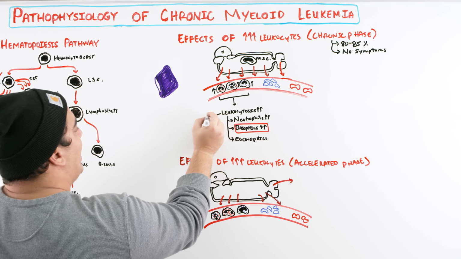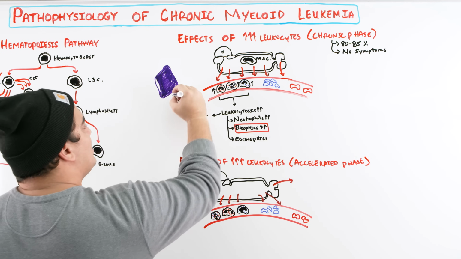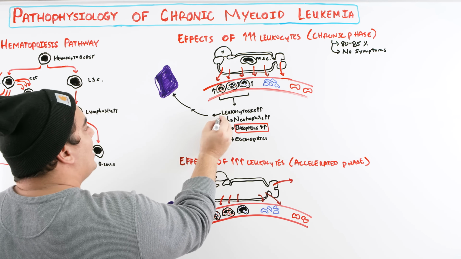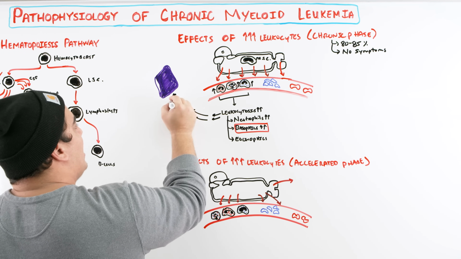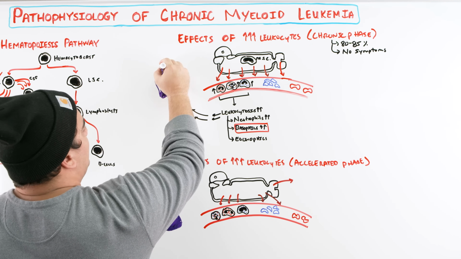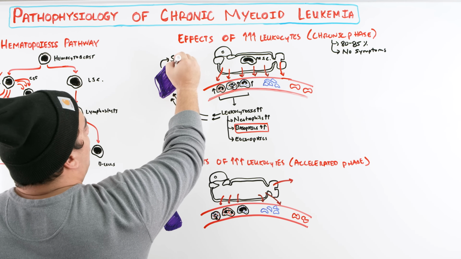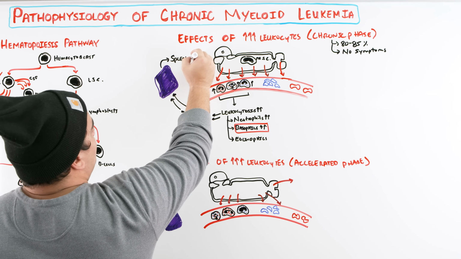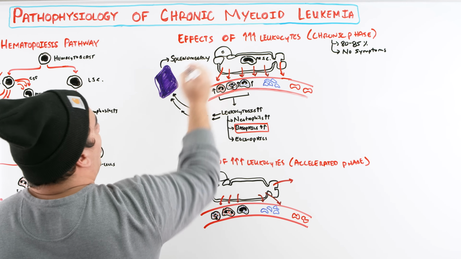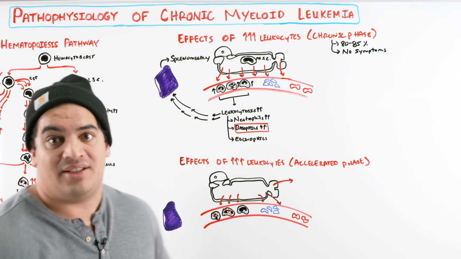One is that they can actually go and deposit into the spleen. And when they deposit into the spleen, the downstream effect is that it causes the spleen to just get a little bit bigger. And this can cause something called splenomegaly. So you may see something called splenomegaly. And to be honest with you, this is actually one of the more common things that you may see that